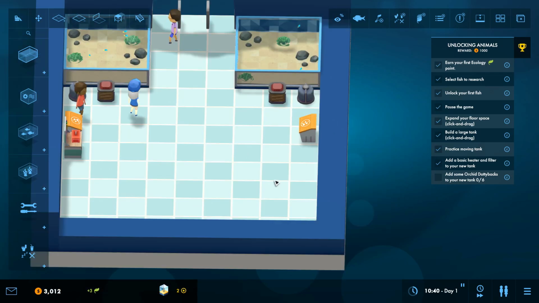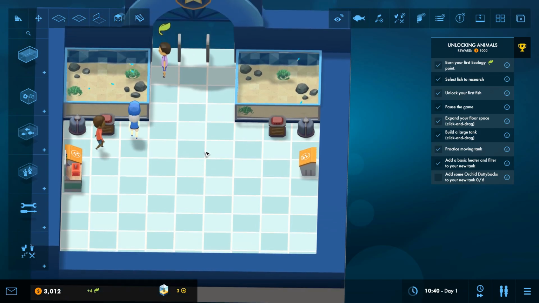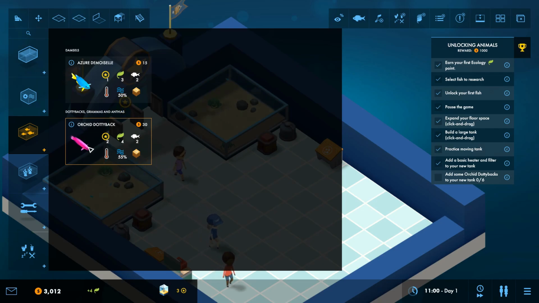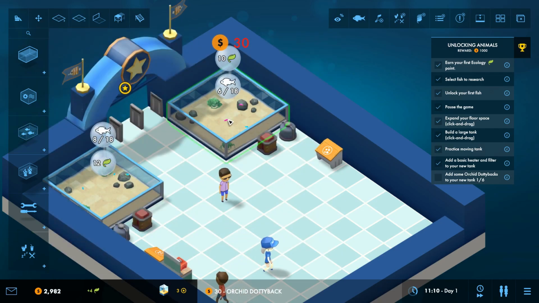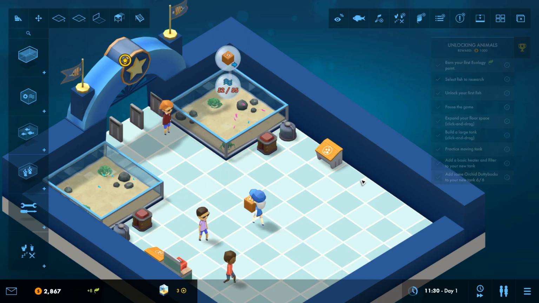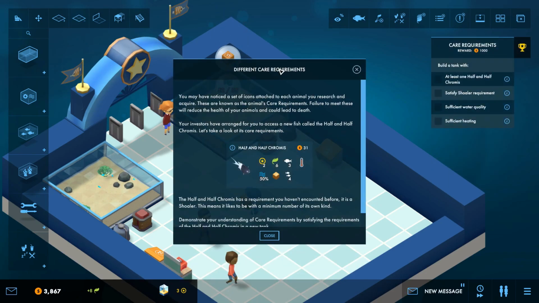Now what we need to do is to add some orchid dottyback fish to our tank. New tank. We need to create a new one. I don't think we need to, because we have this one that's almost empty now. So we can choose this fish and add 6 of them if they fit. 1, 2, 3, 4, 5, 6. Okay, very good. Now we unlocked a new fish that has a different requirement, because it requires to be